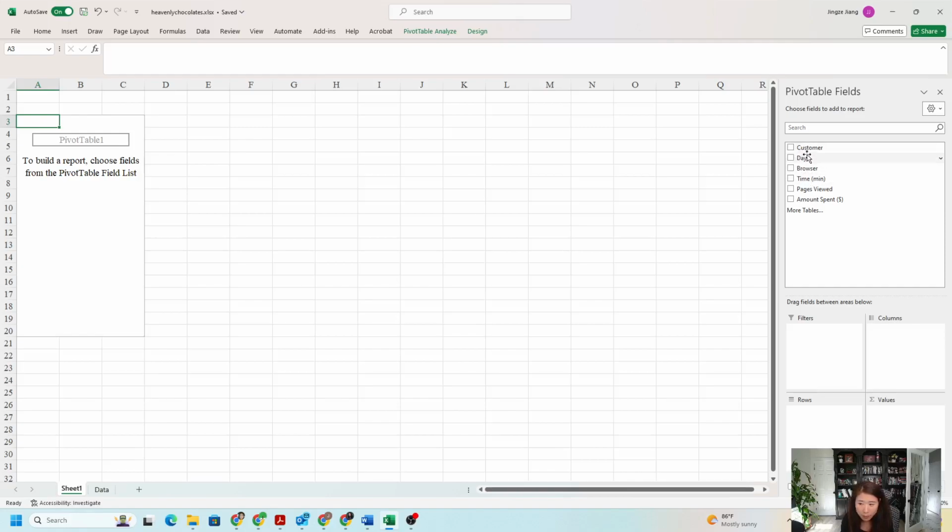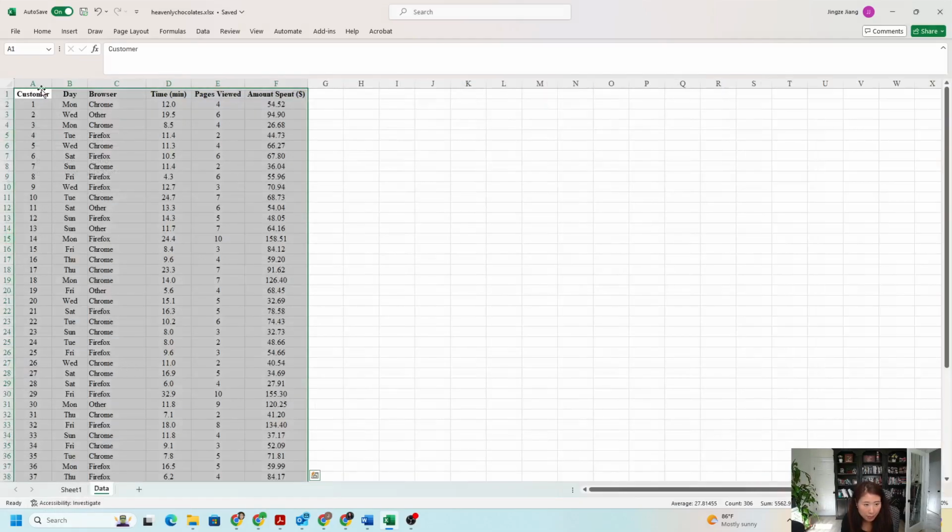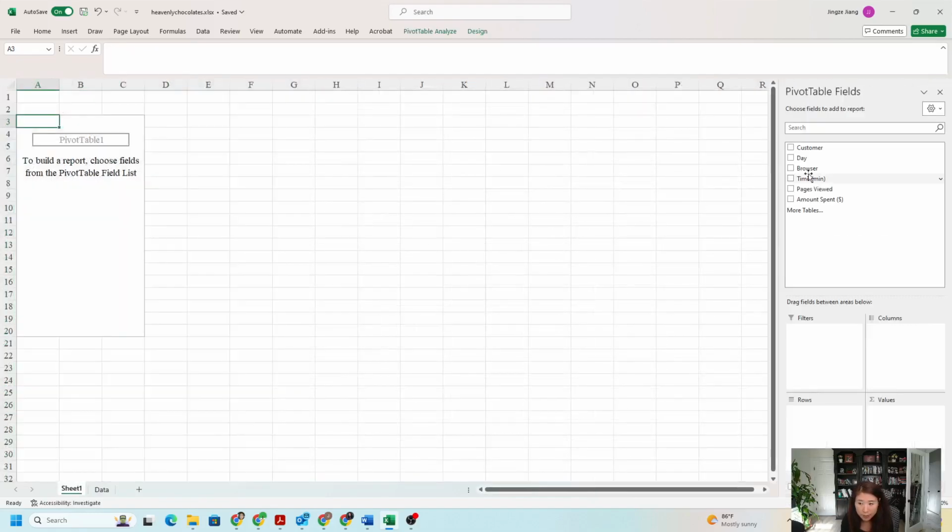The reason you are able to see those titles, customer, day, browser, day, time, and minute, is because when I initially selected the data for the pivot table, I included the label. So it is a very important step. When you are creating a pivot table, you always have to make sure you are including the label rows. So now I will click the browser, and then I will drag it down to